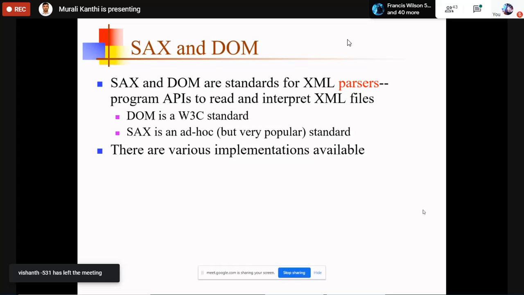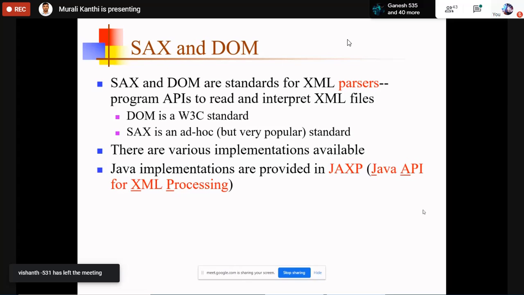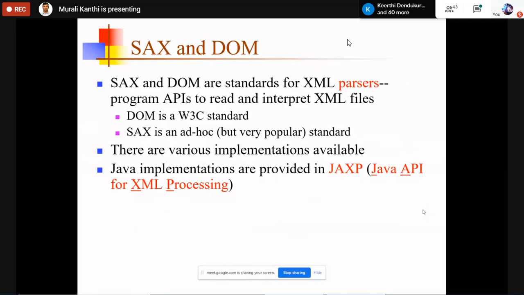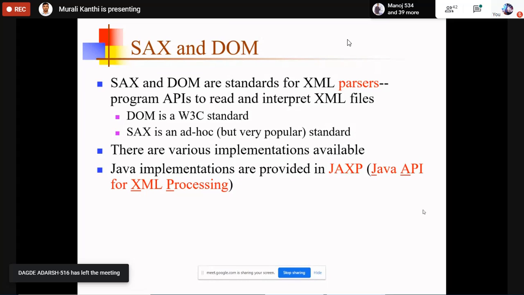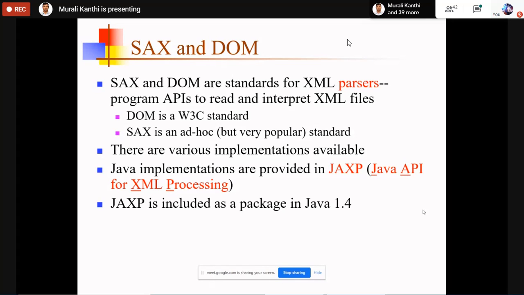So there are various implementations available. Java implementations are provided in JAXP, Java API for XML Processing. SAX and DOM can be implemented in Java. This Java API for XML Processing is included as a package in Java 1.4 onwards.